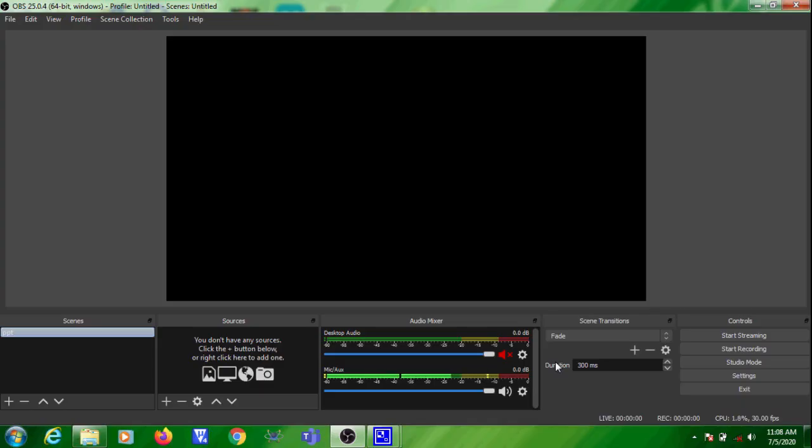Today you are going to see how to perform screen recording using a software known as OBS. So this is the initial layout of the OBS Studio, right? Here you can see some buttons are there. Here you can see the mic level. So before starting the recording, you need to perform some settings in the OBS. So you can click on the settings button in OBS.